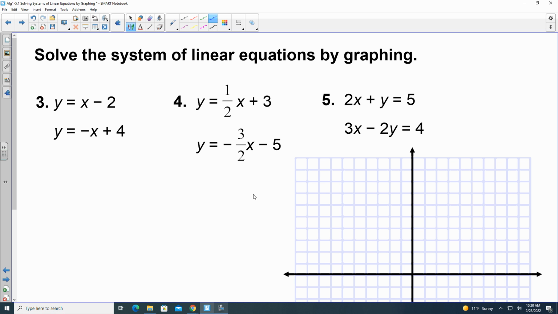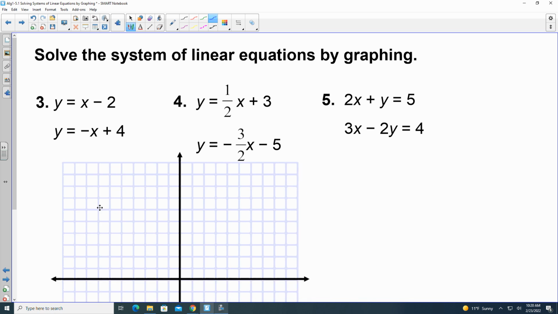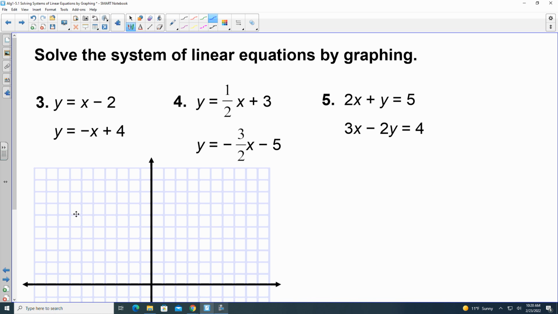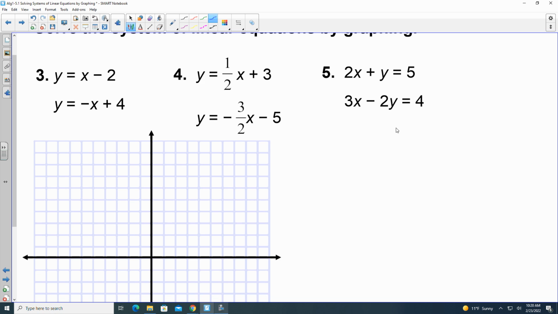Okay, so let's look at some other ones. So let's look at number 4 because it has some fractional slopes. We'll also look at number 5 because they're not both written in slope-intercept form. So with number 4,